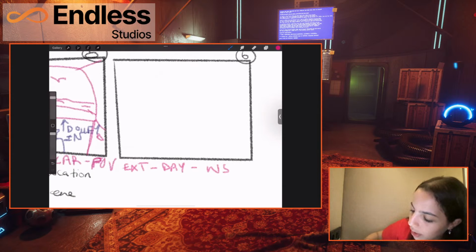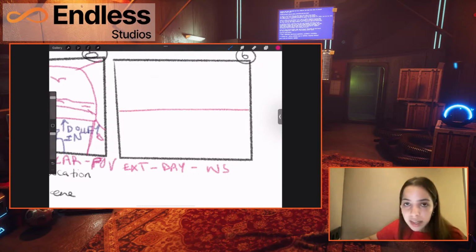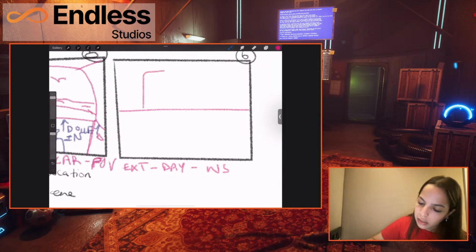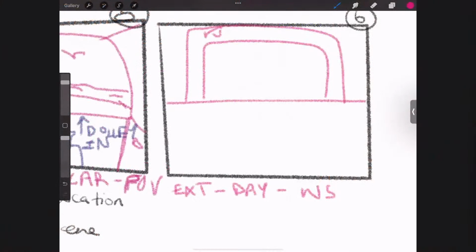So now I want to have all our characters standing at a finish line. Let me start with the horizon because it's a wide shot, so I want to lay out sort of where everything is. And here we have Kuthban.